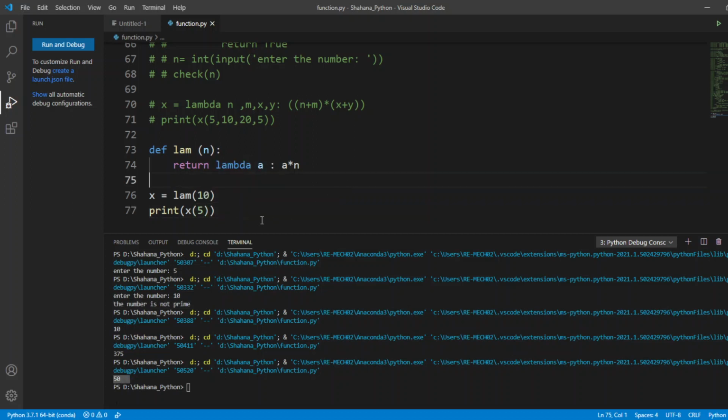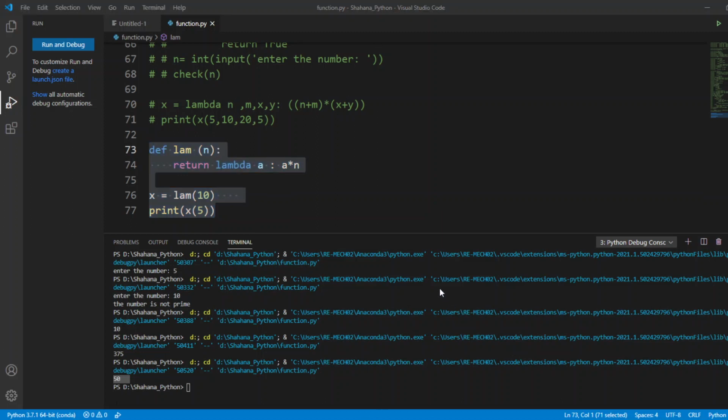This way also we can create a lambda function. I'm creating my lambda function anonymously without defining a variable for it. In our previous problems we defined a variable and assigned our lambda function to the variable like this, but here I'm creating a lambda function inside a function, to make a particular single line expression. This way we can create our lambda function.